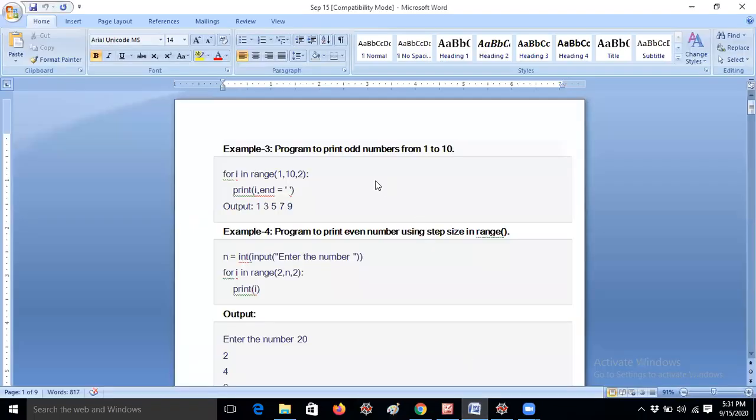Actually, I forwarded the material in the last class. I explained only example 2, so I copied example 3 and example 4 from that material because I did not explain them at that time. The last class went almost 1.5 hours, until about 6:40, and many students were absent for the last class.